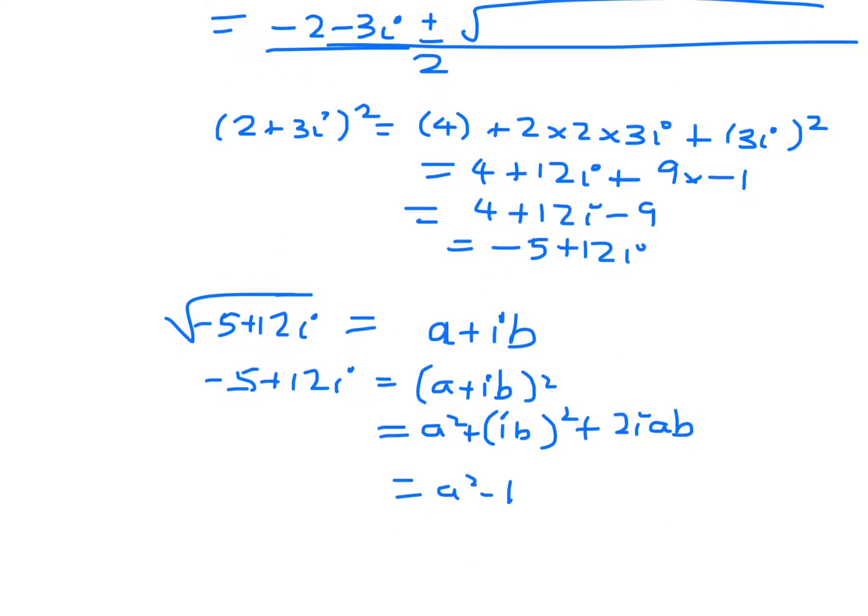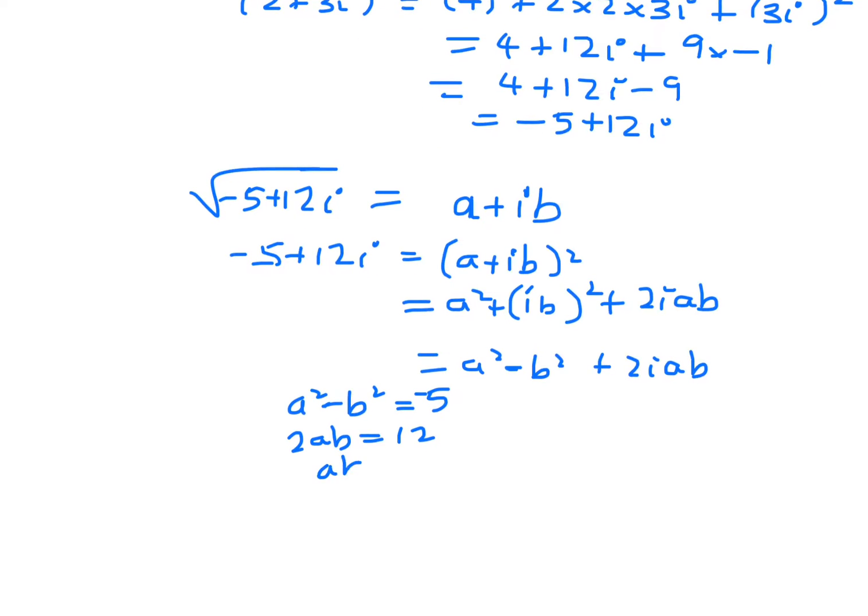So it's a squared minus b squared plus 2iab. Okay, so that means that a squared minus b squared equals minus 5, and 2ab equals 12. So ab equals 6. So b is 6 on a, and then if you sub that into here,